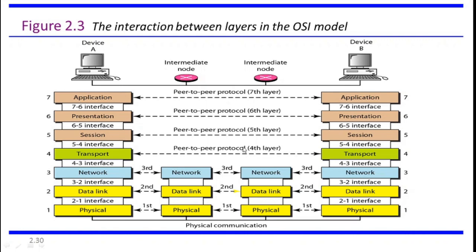So this is how we have the interactions, and we have interfaces between each layers, and each bottom layer serves for the upper layers. So application layer gets its services from the bottom layers, whereas session layer gets its services from the lower layers, and